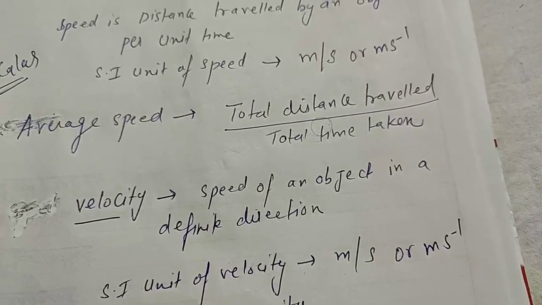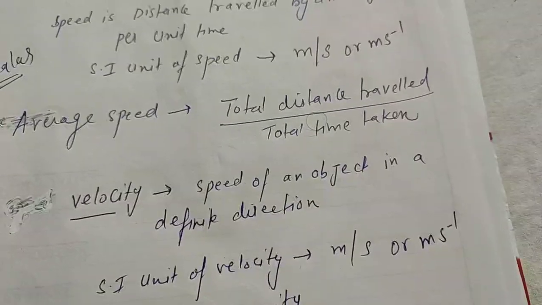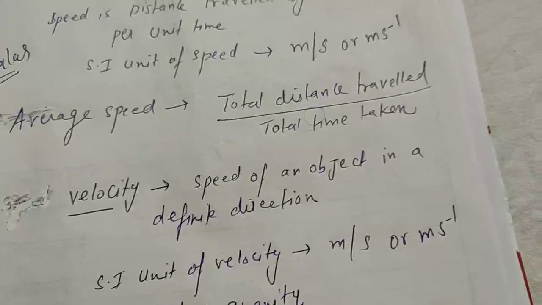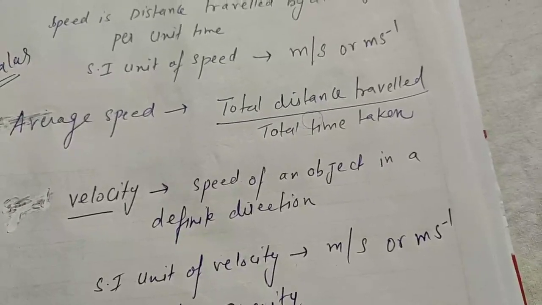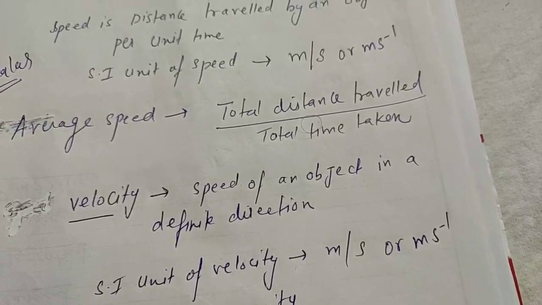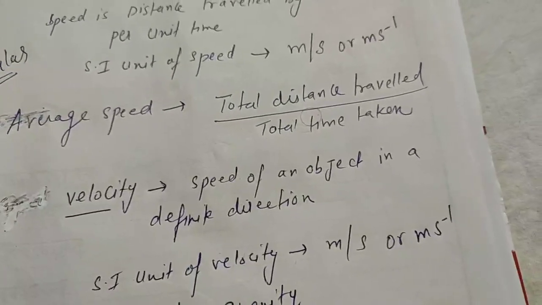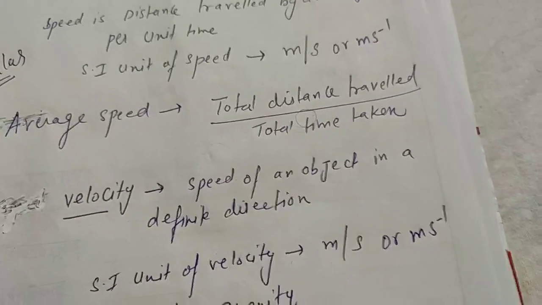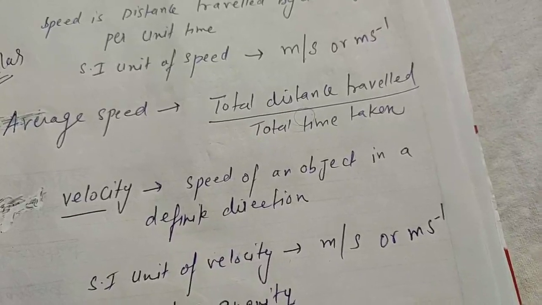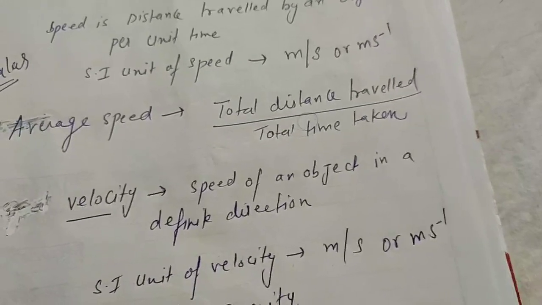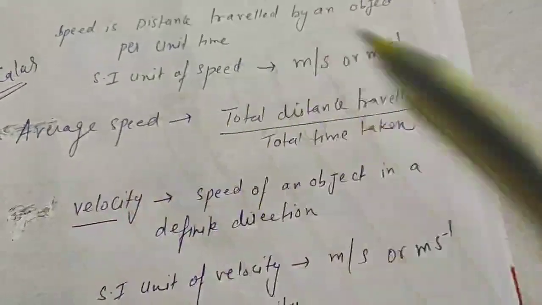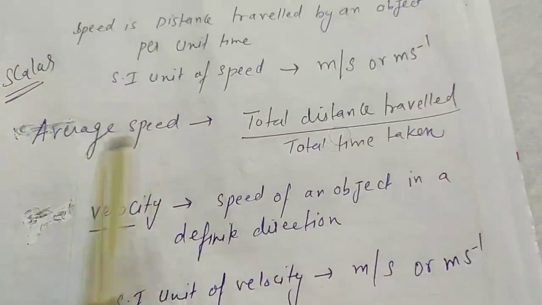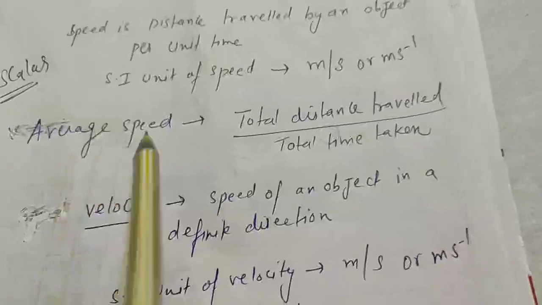So in that case, we say total distance traveled by an object upon total time. Suppose a train started from point A going towards point B and took 5 hours, and the total distance covered is 200. So 200 by 5 is 40 meter per second. That doesn't mean that the train traveled 40 meter per second at every second. Sometimes the train was traveling fast, sometimes less, but overall the speed is coming to 40 meter per second. So in that case, we use the average speed, the total distance traveled upon total time taken. But in common usage, when we use the word speed in the textbook, they are talking about the average speed.